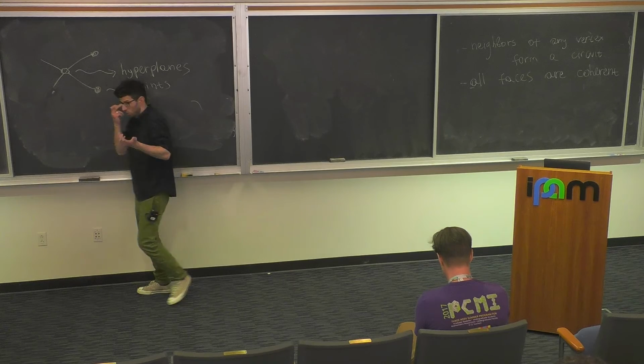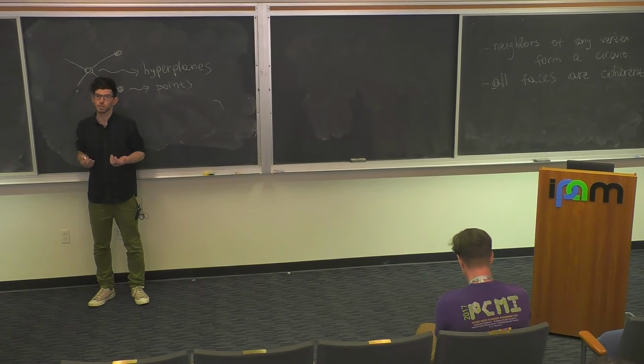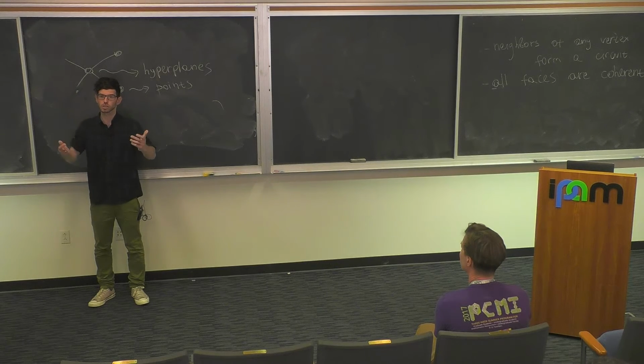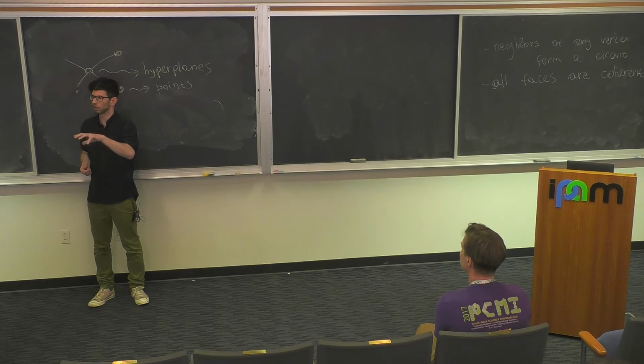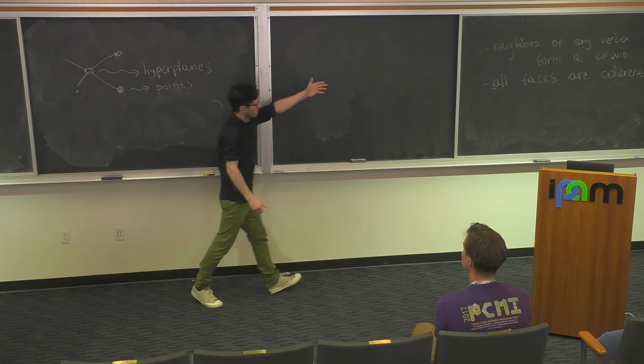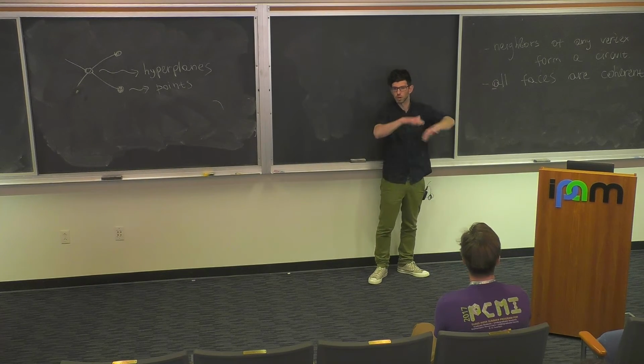And the equations are, there are two kinds of equations. There are equations at black vertices. These are the circuit equations. And there are equations at faces, which are coherence equations. And this gives you some nonlinear system on the